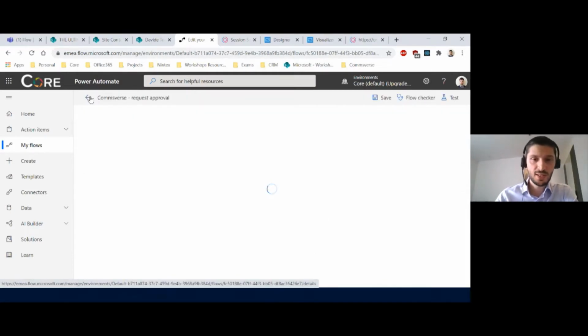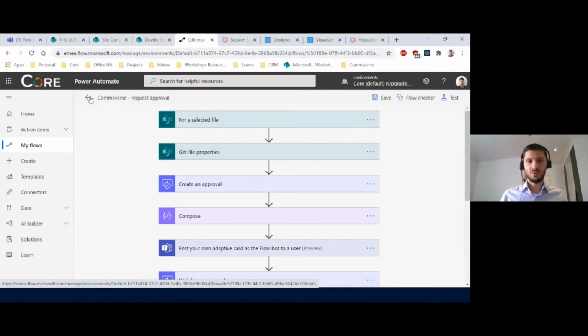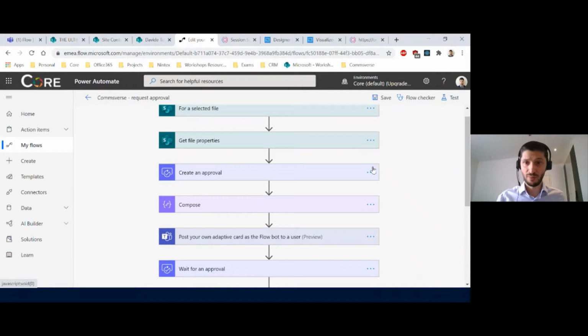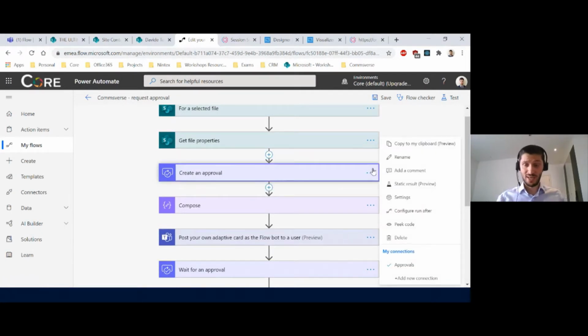Sure, absolutely. So that's a very good point. I don't know if everyone is aware, but flow has a duration limit. After 30 days, basically the flow expires and just stops. So when we develop workflows, we need to take into account this limitation and try to mitigate it. So when you are creating an approval, and this can be through the standard approval action or using a custom form, we can specify a custom